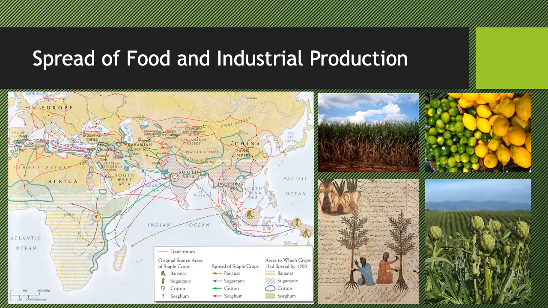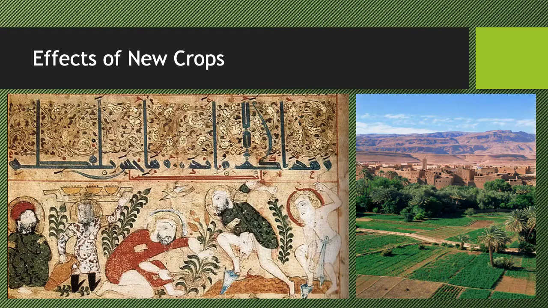And what this does is these new crops are going to have a profound effect. Not only are they going to change the landscape, but they're going to allow crops to grow in places where there had not been any crops before. Crops that can grow in dry climate are going to thrive in the Arabian Peninsula and Persia. And so now you're going to be able to grow food throughout the year.